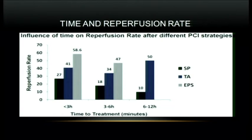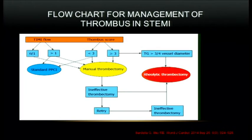In another study, there was data showing that maybe in patients who present later, after 6 hours, 6 to 12 hours, the reperfusion rate, if you use thrombus aspiration catheters, may be better than those patients presenting early. So that is one way to look at it. If a patient presents late with a high thrombus load, you may be able to achieve better angiographic results by using thrombus aspiration catheters. So in effect, those patients who have low TIMI flow, TIMI 0 or